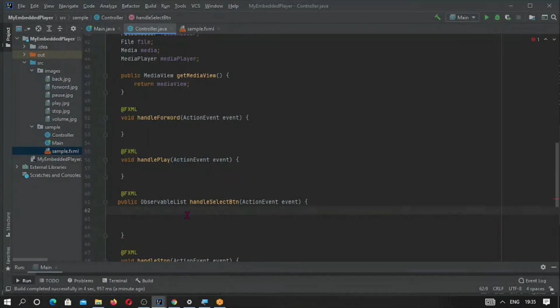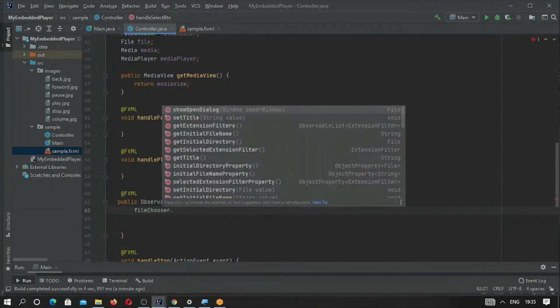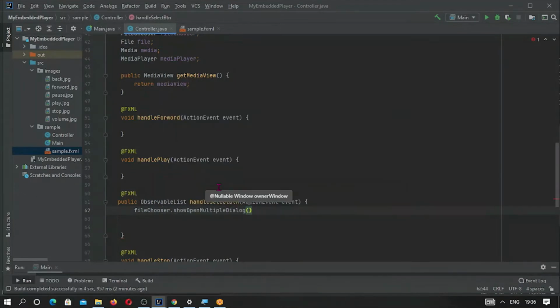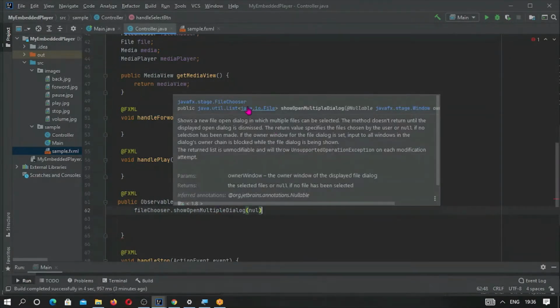So the FileChooser object we have already created. Let me take the object of FileChooser, and this will be equal to FileChooser dot, what do we want to do? We want to select multiple files. Here the window we can define as null, and you can see this will return a list.